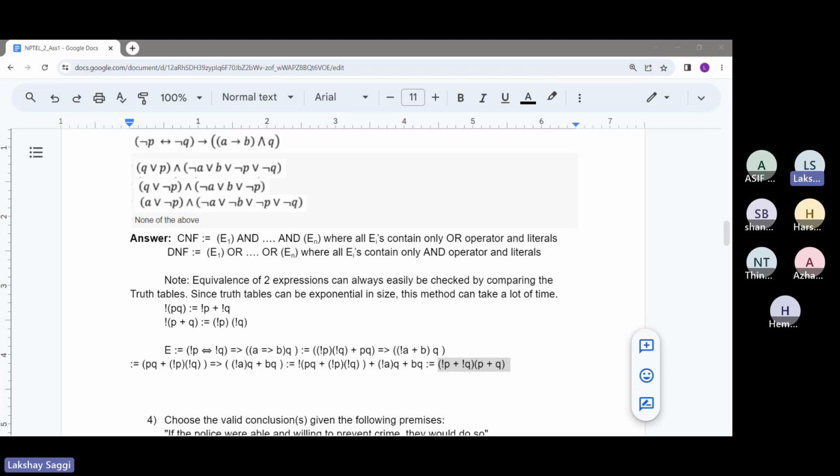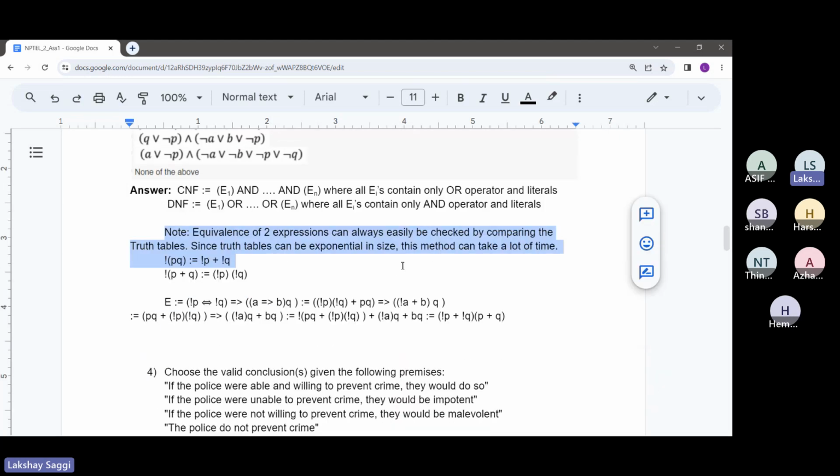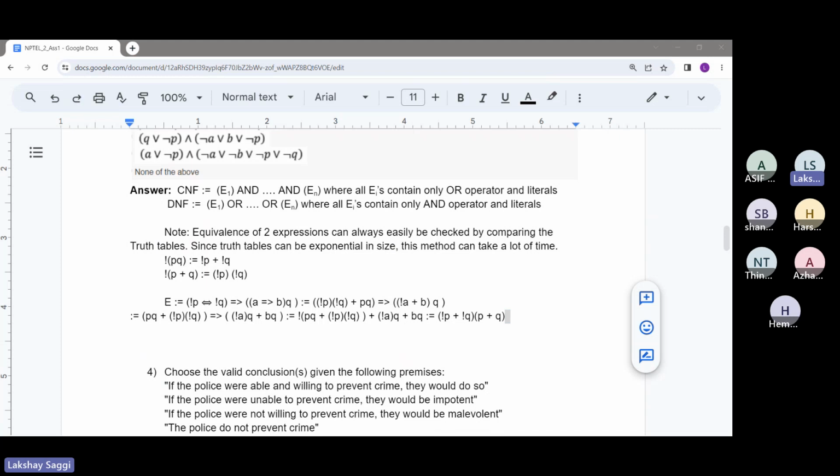So yeah, Asif, you're saying that you didn't revise. That's why I'm also trying to remind you guys a bit about everything which was discussed in class, like these De Morgan's laws and what CNF and DNF forms are. So that's why I was trying to get a bit of revision done along the sessions. But I'll advise you guys to see the lectures before coming to these sessions so that you can understand the problem solving better.